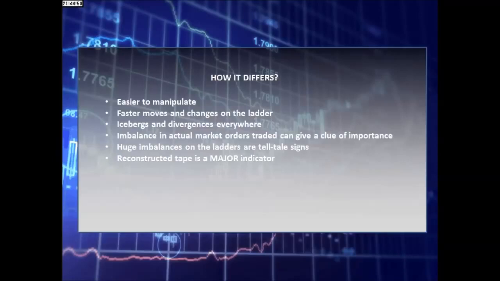But if you see something like 50 contracts total on the bid side, and on the offer side you see 200, it's a 4-to-1 difference. For sure something is going on, and it's most likely that the market is preparing to make a